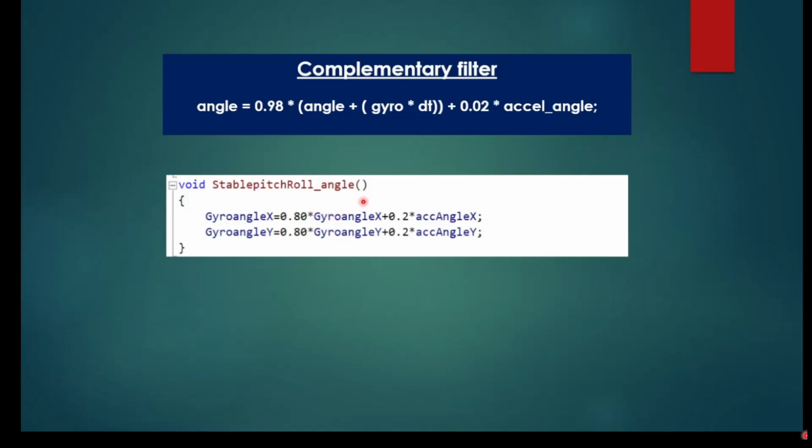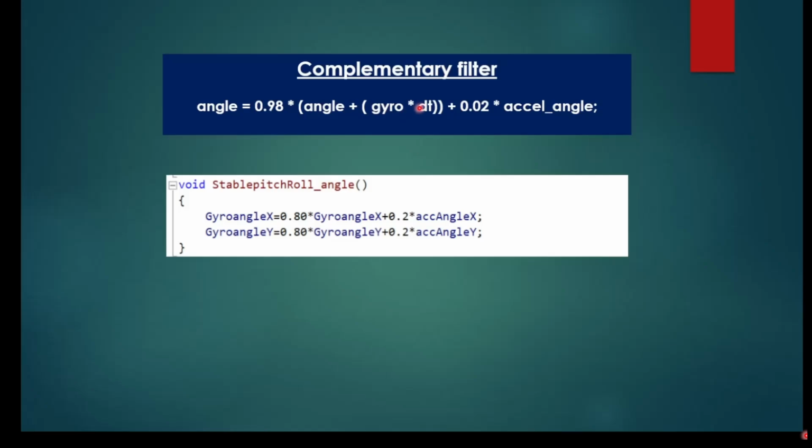So as the gyro starts drifting away, I want to bring it back, and so I use the accelerometer to bring it back. That's called a complementary filter. So this is what I do. I have the angle plus the change in angle. So what I'm doing is I'm just incrementing the gyro. But I know that this parameter is correct, but it's drifting. So I'm going to give it a weight of